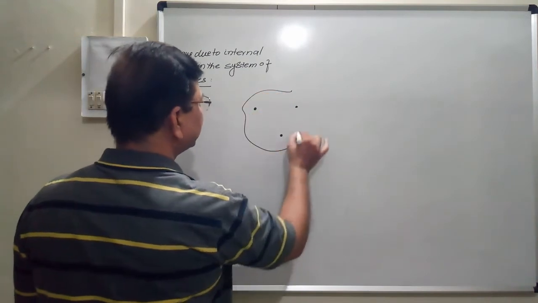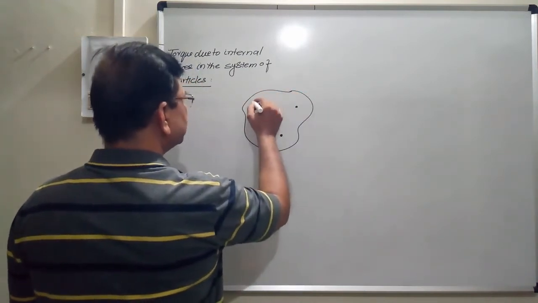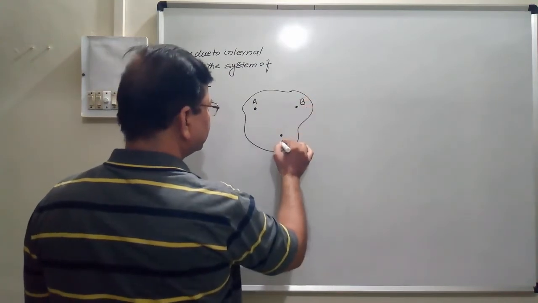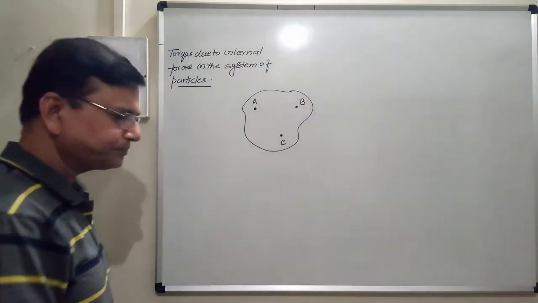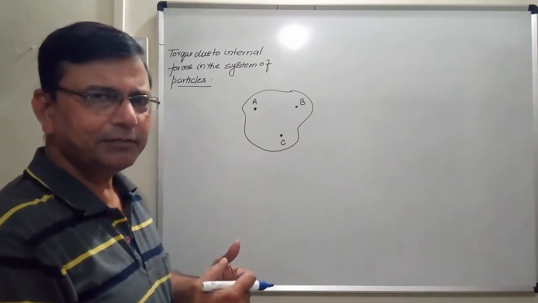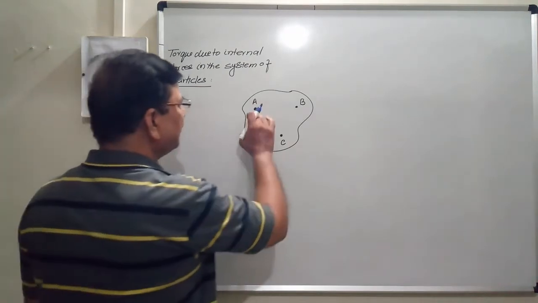and this is a three particle system. Suppose it is A, this is B, and this is C. Three particles. So what is internal force? Internal force is the gravitational force between the two particles, in between A and B,